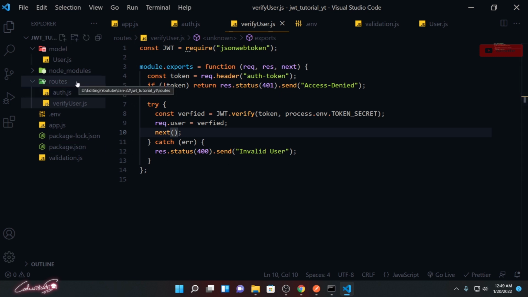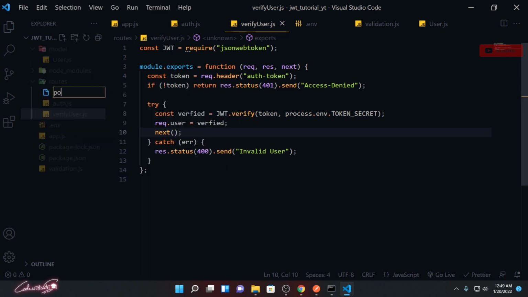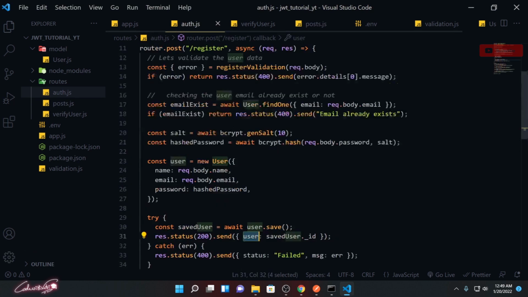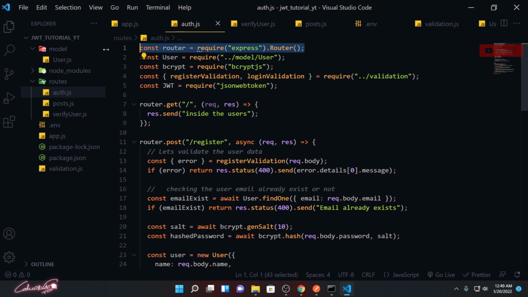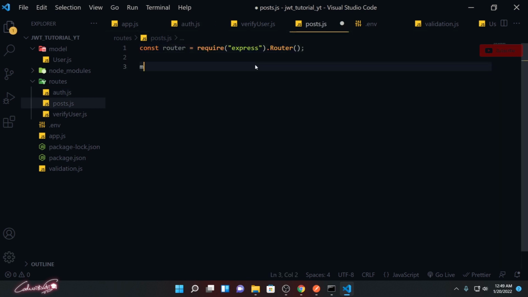For that, I'm going to create a new route called post.js. Inside post.js, I'm just going to copy a few common things, copy this router and paste it over here, and module.exports equals router.